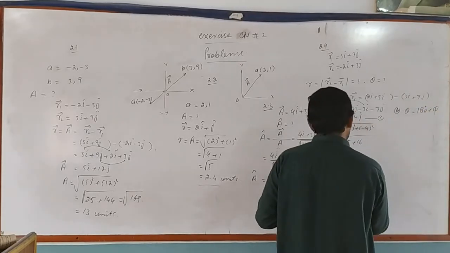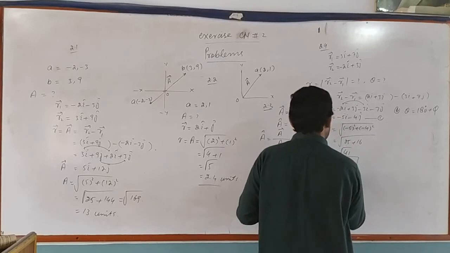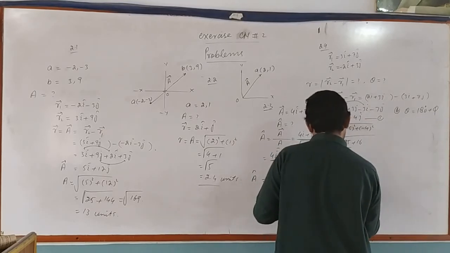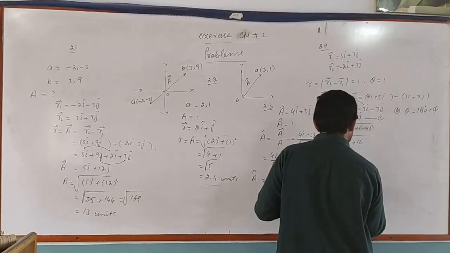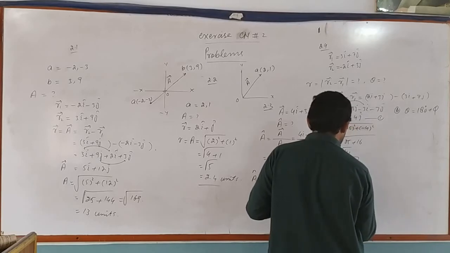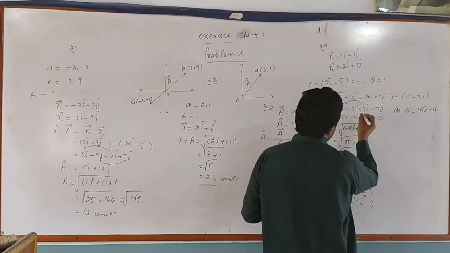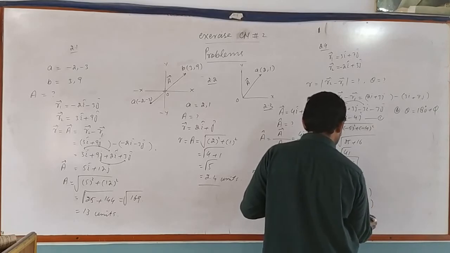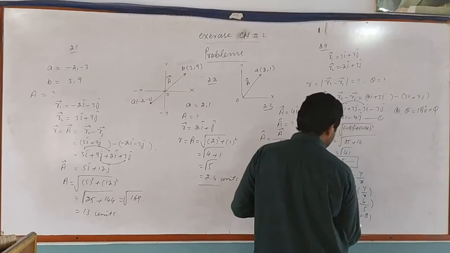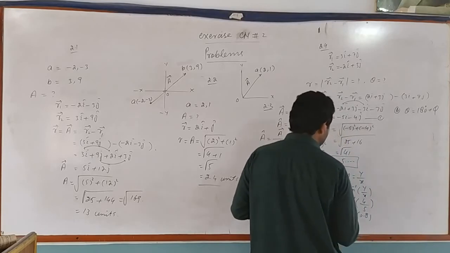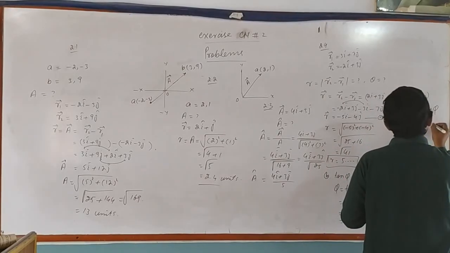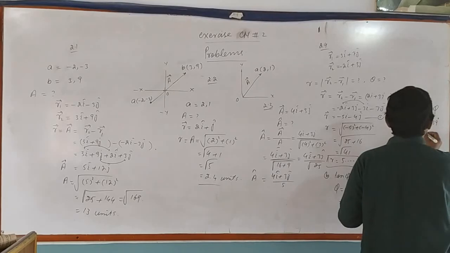Now we find the value of phi. We know that tan phi is equal to perpendicular over base, meaning phi will be tan inverse y over x. Putting the values, y is 4 and x coordinate is 5, the result will be tan inverse 0.8, which is approximately equal to 39 degrees. So putting the values in this formula, 180 degrees plus 39 gives 219 degrees.